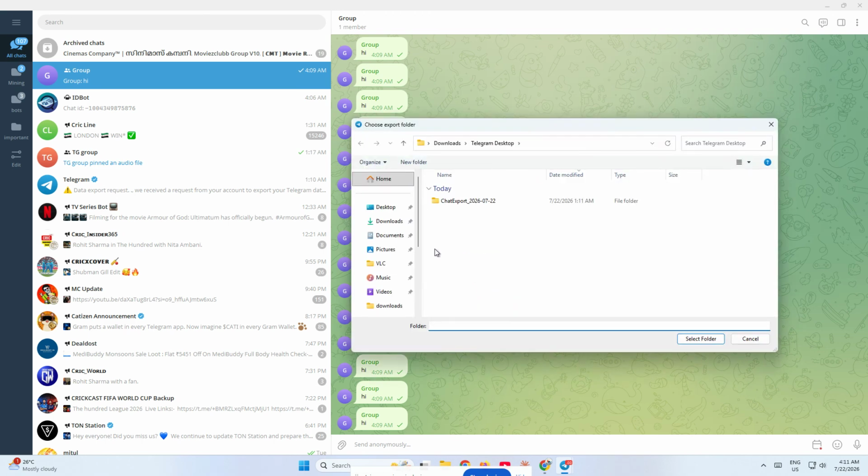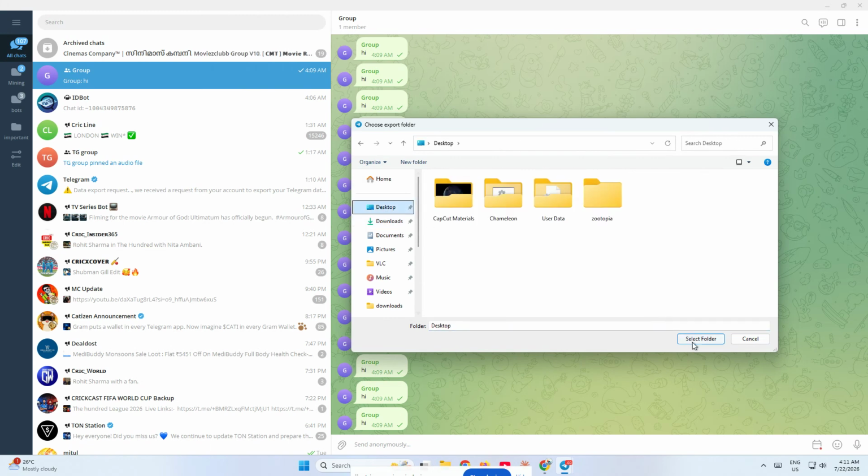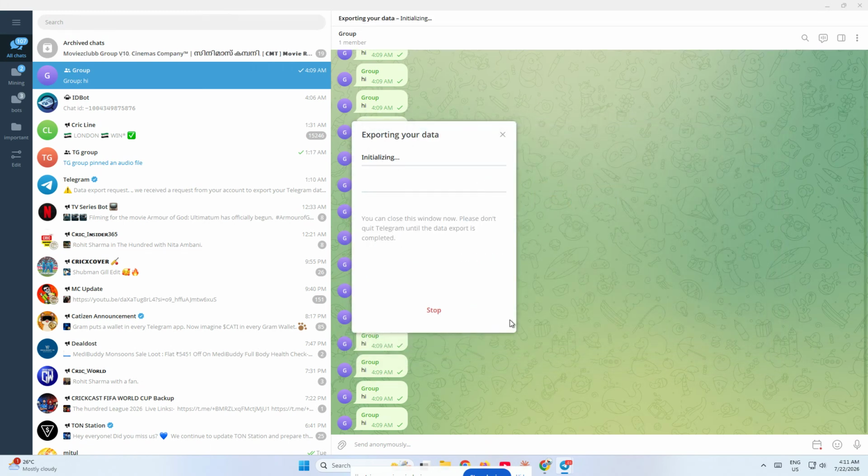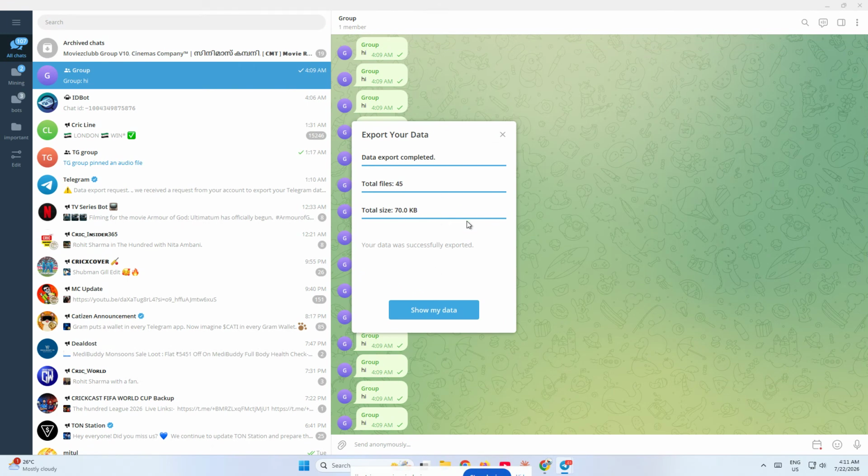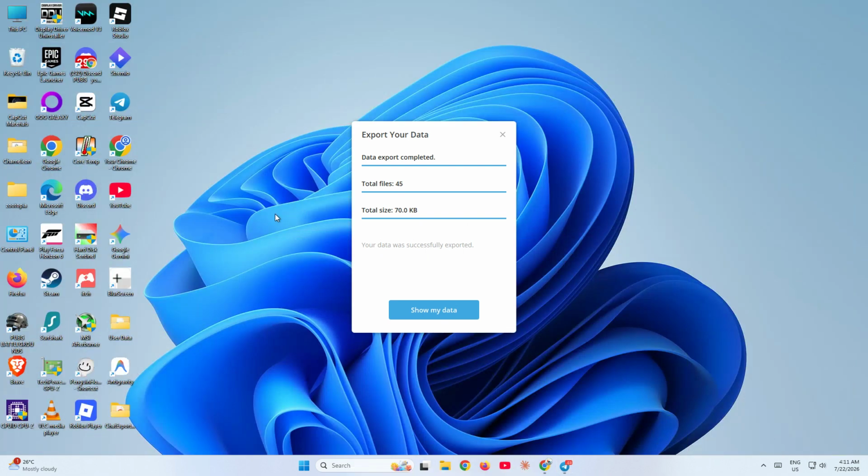Once you've selected the format and save location, click Export. Telegram will begin creating the chat export files. Depending on how large the chat is, this may take a few moments. When it finishes, go to the folder where you saved the export. Inside that folder, look for the